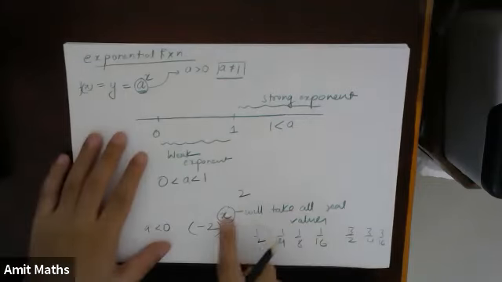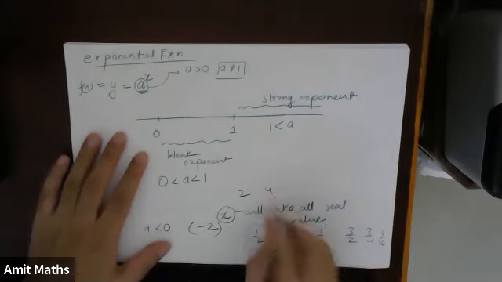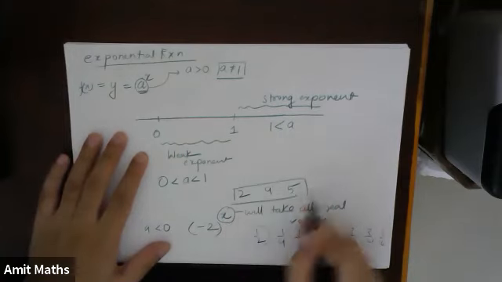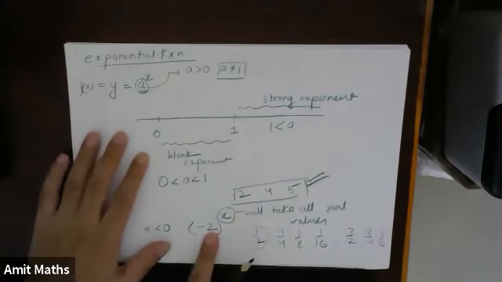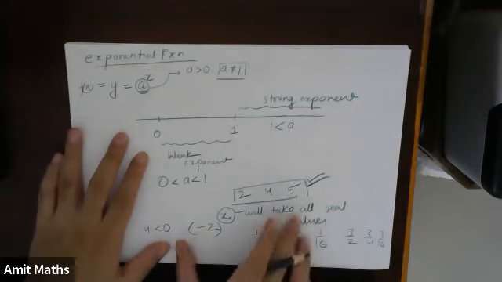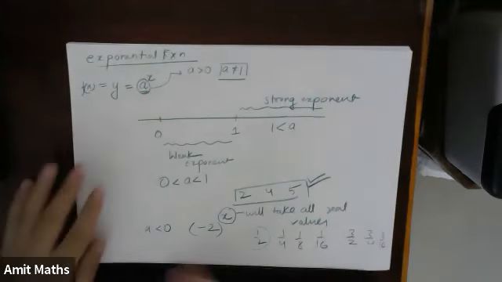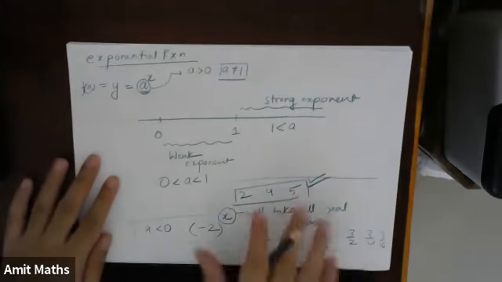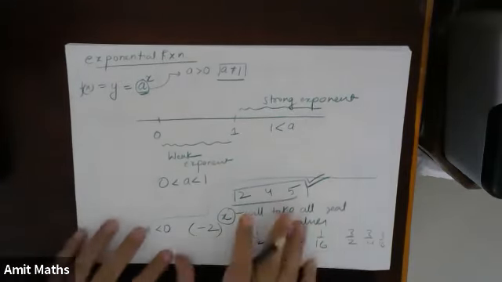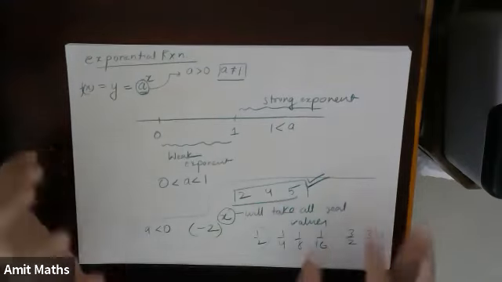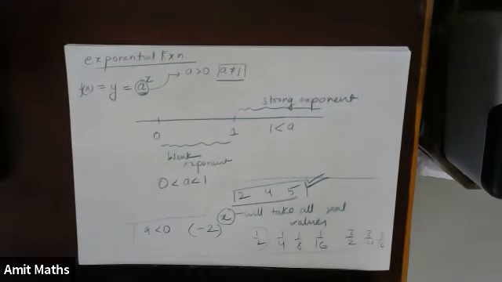So what is happening? When x is 2, this will become 4. When x is 4, this will become 16. When x is 5, this will become 32. For even power, it is okay. But when the power x becomes something like this, I cannot plot this on the graph. So this graph will be uneven; in some places I can draw, in some places I cannot. That is why we will not look at the graph of this, because it is not continuous, and at many points this graph will be breaking up. So just to avoid such kind of a graph, we will not discuss the exponent being negative.